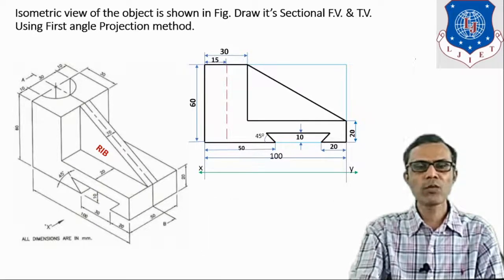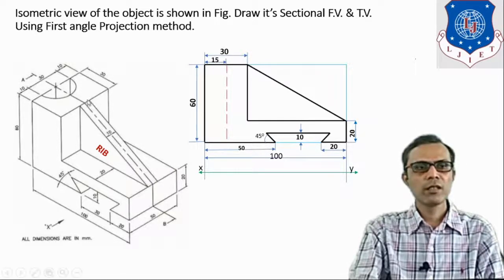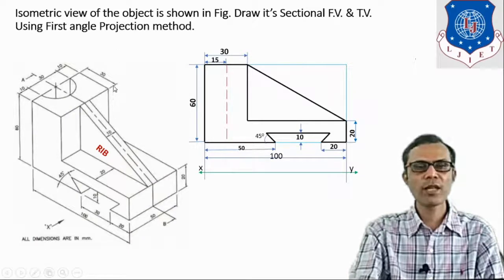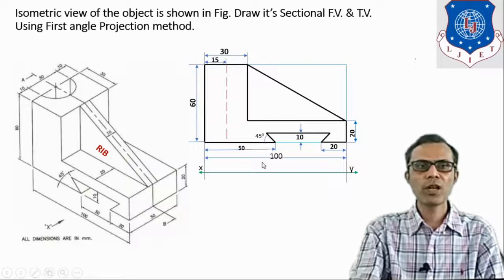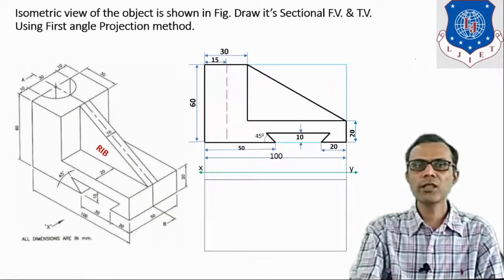Now for the top view, take the projection from the front view, and in the top view we can see 2 dimensions. When we look at this object from the top view direction, we can see the length and the other dimension, which is the width. When we take the projection from the front view, the length is obtained, and the width here is 50, so length 100 and width 50. By taking the dimensions, draw this rectangle.